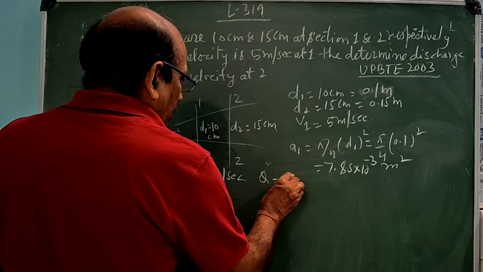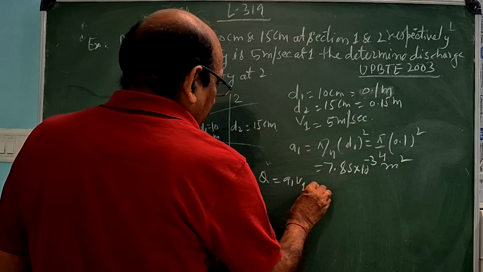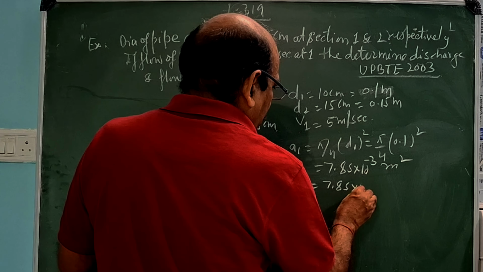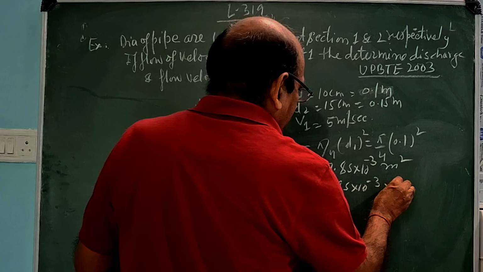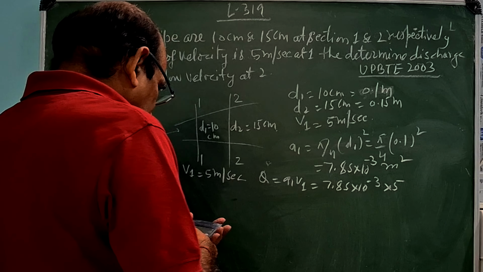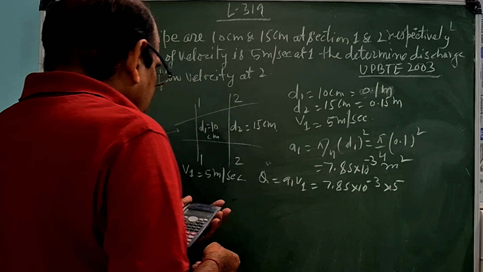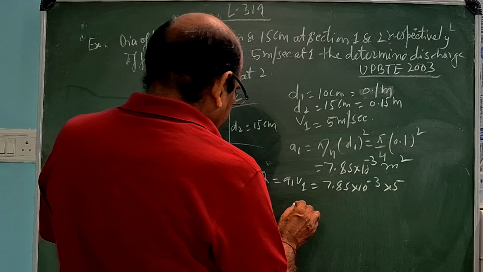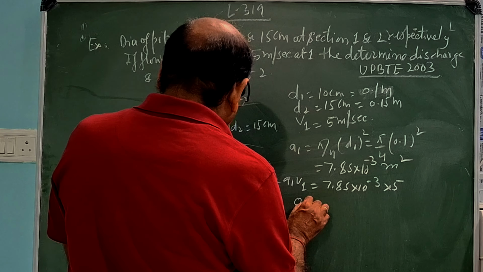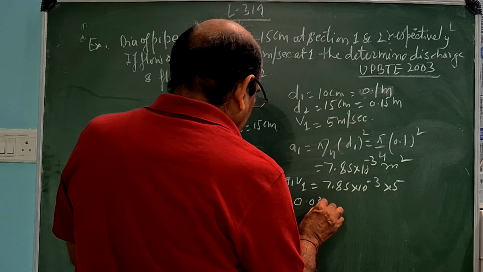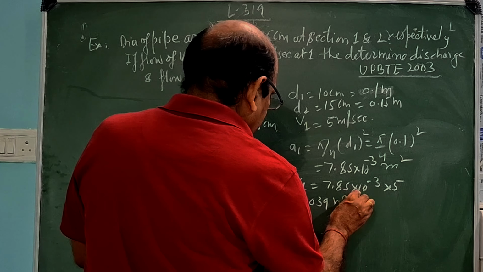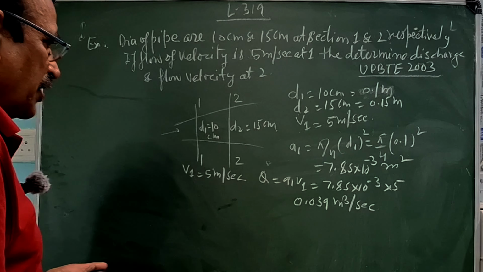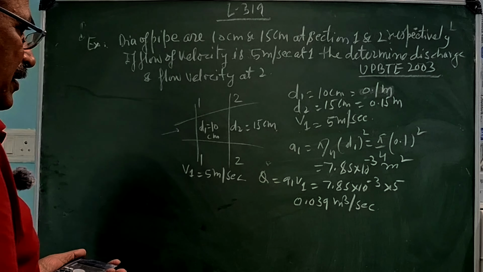Q equals to A1 V1, क्या हो जाएगा? That is your 7.85 into 10 to power minus 3 multiplied by 5 meter per second। तो ये हो जाएगा 0.039 meter cube per second। This is Q।